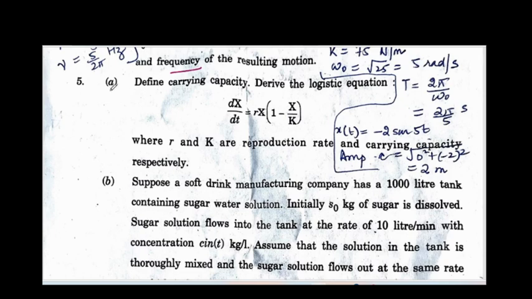So the fifth question, part A, is the first modeling question, in which you were to first define carrying capacity, which was carrying 1 mark out of 7.5. So definition of carrying capacity, you know that a given environment can support a limited number of individuals. So it has limited sustainable resources, and this number is called the carrying capacity, and it's generally denoted by the symbol K. So you have to define carrying capacity and derive the logistic equation.